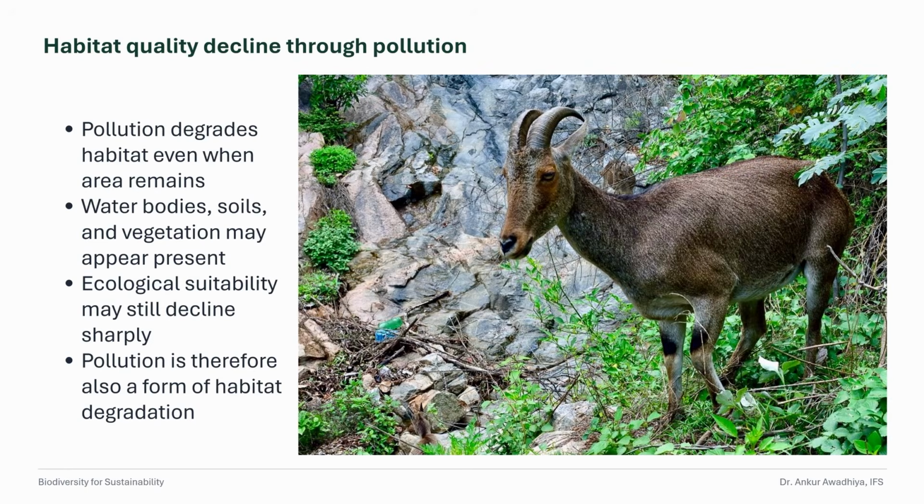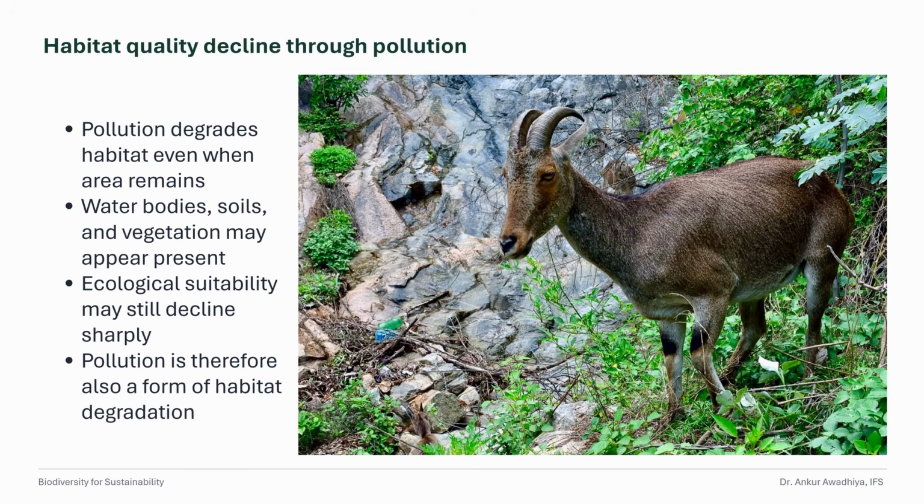Pollution is also a form of habitat degradation. A wetland may still hold water, a forest may still have trees, a soil system may still appear structurally present, but contamination can reduce ecological suitability sharply. Organisms that depend on clean water, uncontaminated soil, or quiet acoustic conditions may no longer survive or reproduce in that